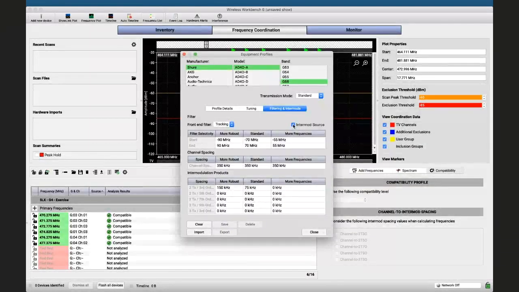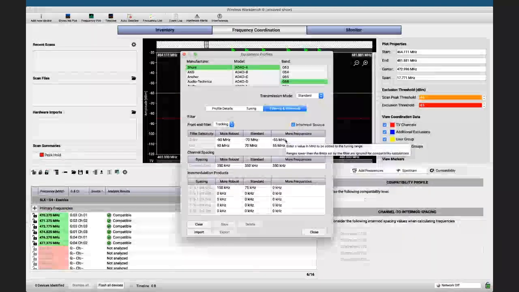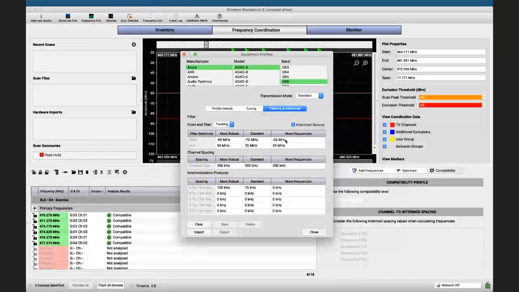Let's say that in more frequencies mode, so here on the right side, I will not take into consideration whatever happens 55 megahertz above or below the selected frequencies for this receiver. If I'm more conservative, I can be up to 90 megahertz above or below, and in standard mode is 70 megahertz. So we are talking like anything happening in this range will influence the receiver and will be taken into consideration. Channel spacing,